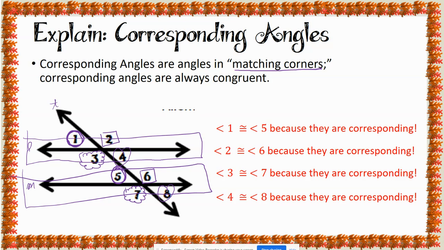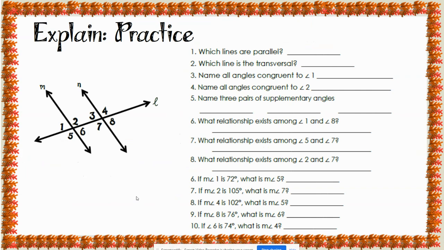So let's look at what this means. I want you to answer the first two questions. The lines that are parallel here are M and N. We see that those two are parallel to each other. And line L is our transversal. Well, we want to name all of the angles that are congruent to angle 1. If I look at angle 1,